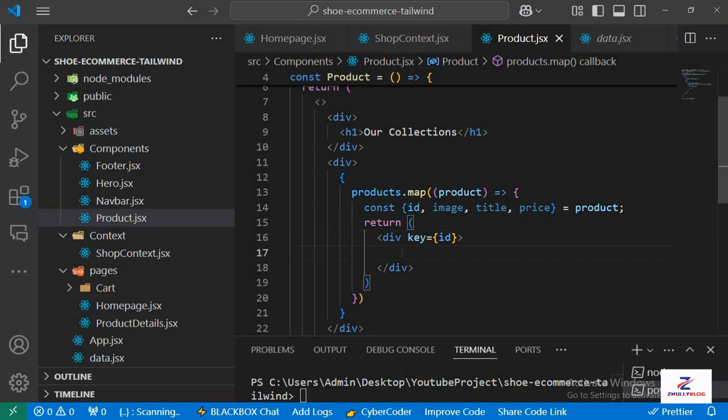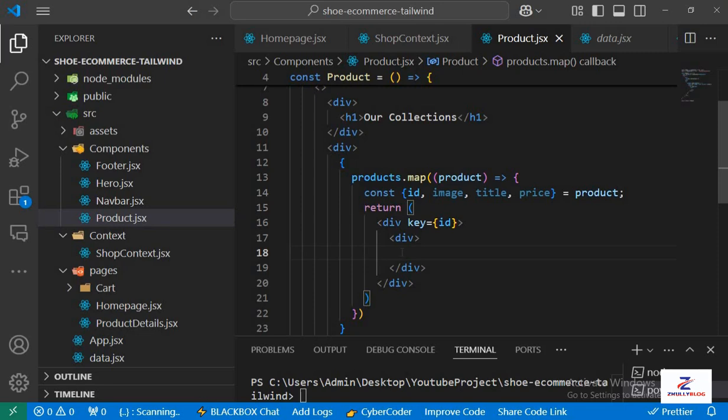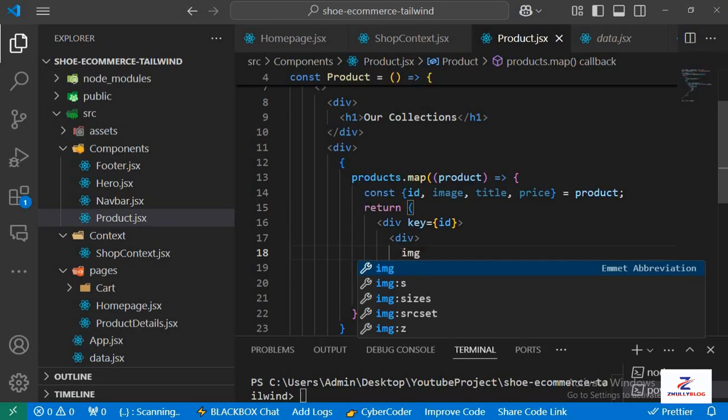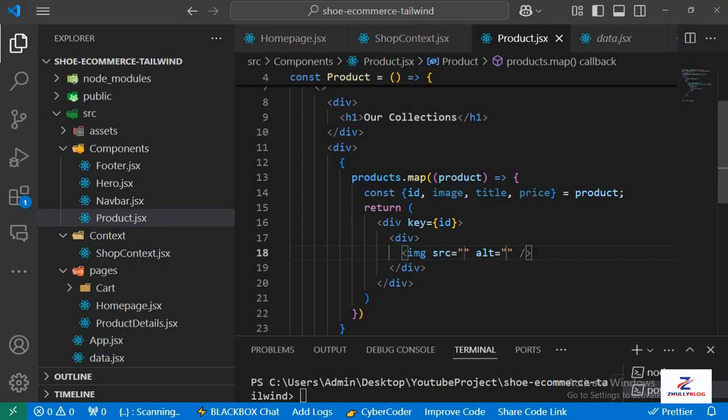Next thing we're going to do is to create another div. So here, another div tag for each card. And in this card, we're going to have our image first. So for the image, the source is going to be the image that we're getting from this product. Okay, so we have the image, and then we're going to have another div tag,